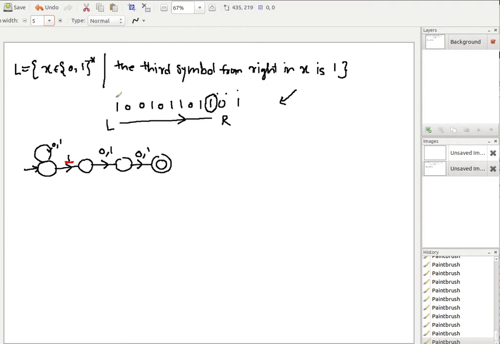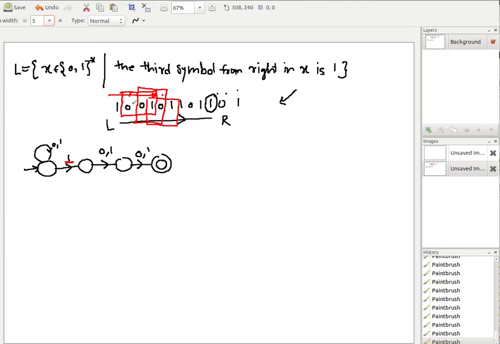So for example, if you have read up to this point, you should be knowing what was the third symbol so far. So this is the third symbol. Basically it's like a window that you are sliding, right? Next time when you reach up to this point, this window slides from here to here. Again this window slides, and you keep sliding the window, and always the first symbol in this window you are recording, and that is deciding whether to accept the string or not. So you have to have this information.